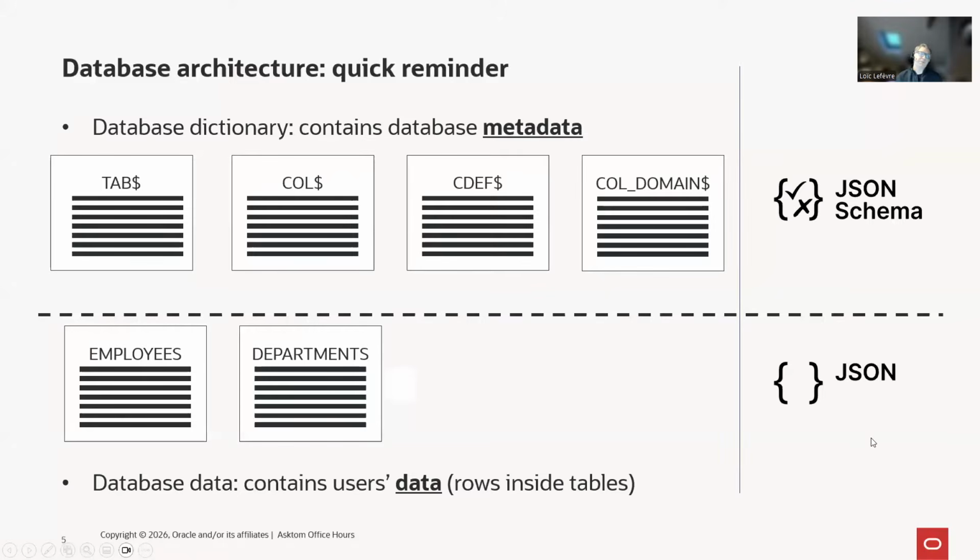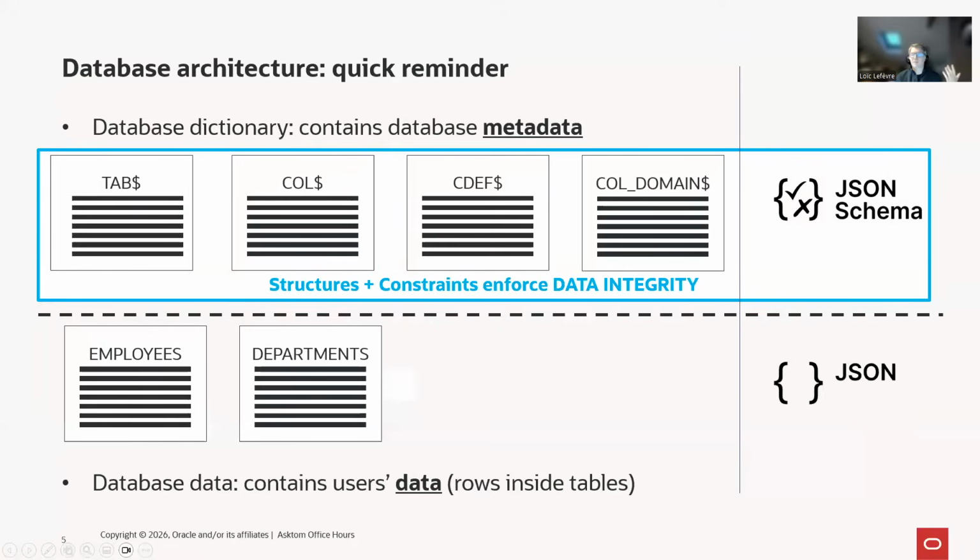And so, last but not least, this is all about data integrity. Whatever words you use, we want to be confident with the data. And last but not least as well, remember that a JSON schema is a JSON document. That's very helpful when you consider all of the features that we have inside the database for managing JSON.